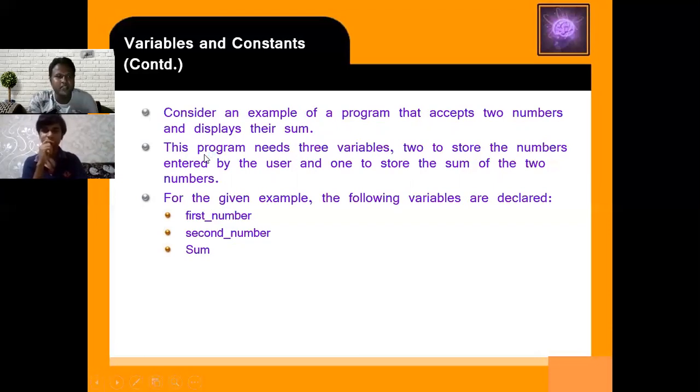One is the first number, another is the second number. The result will be stored in the sum. So for this program, we define three variables.